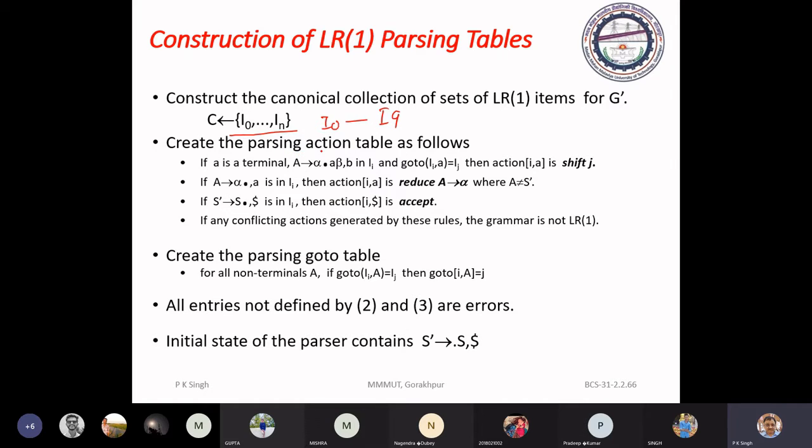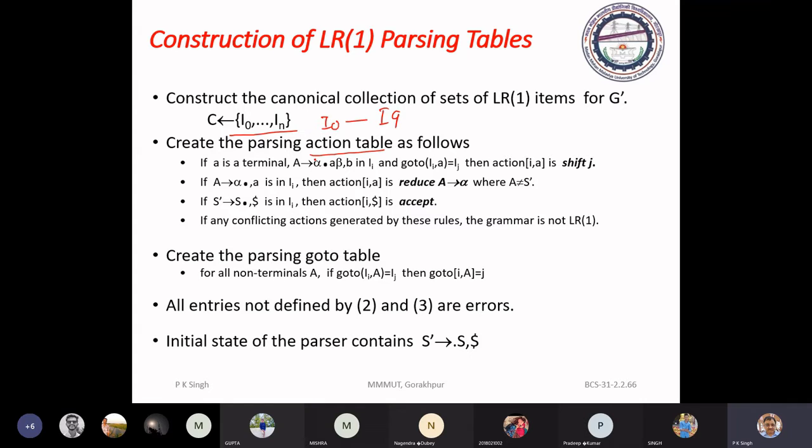Now we can make entries in the action part. In the same manner as in the SLR parsing table, we look at items having a terminal symbol just after the dot for a shift entry.